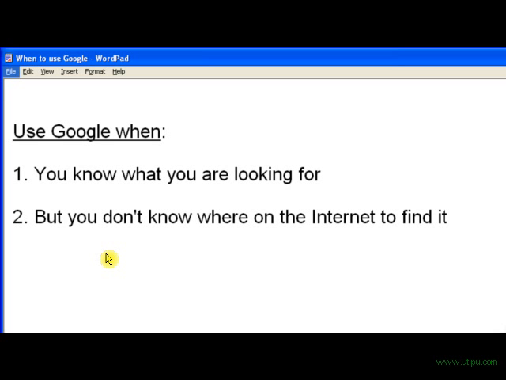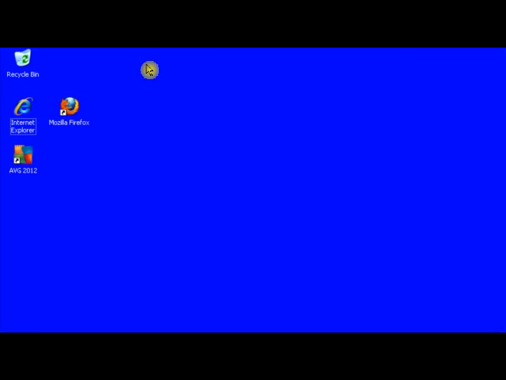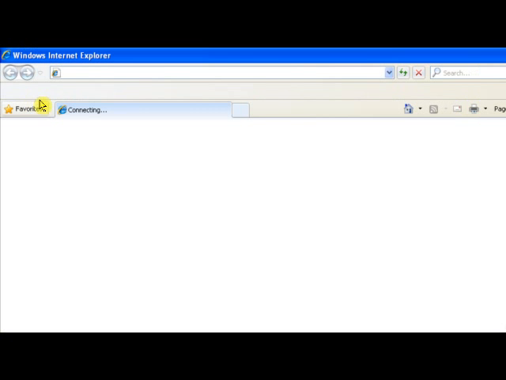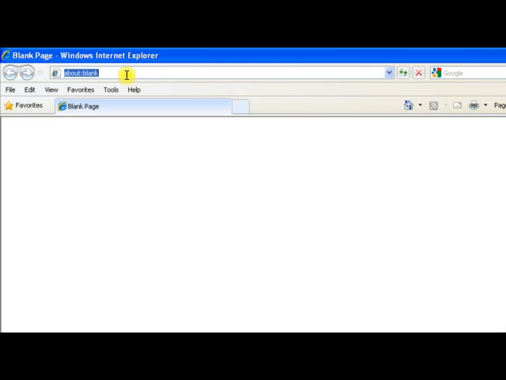Now, finally, let me show you how to use Google Search. First, get yourself onto the internet by double-clicking on Internet Explorer. In a few moments, Internet Explorer will come up. Click once on the address bar near the top of the screen. It will go blue, just like mine has. Press the backspace key on the keyboard to erase the words that are there. Then, go ahead and type in